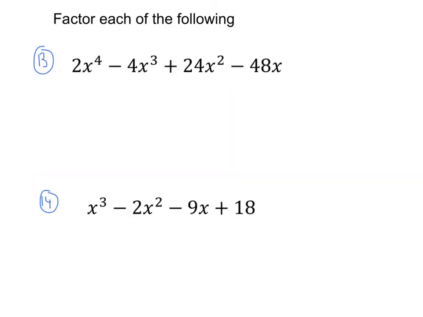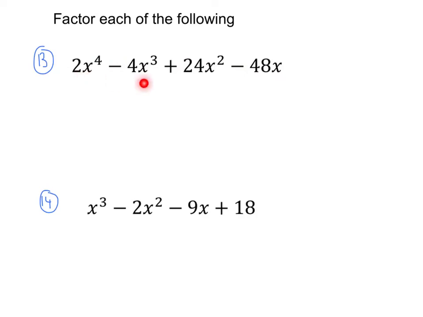All right, the last two. Okay, I'm going to do 13, and I would like you to do 14. All right, these last two have multiple pieces, multiple steps. All right, so take a look at 13 and think about what they all have in common. Right? Because before I use my factoring by grouping method, I want to check to see if there's anything else